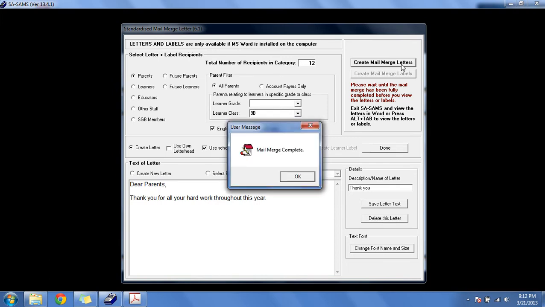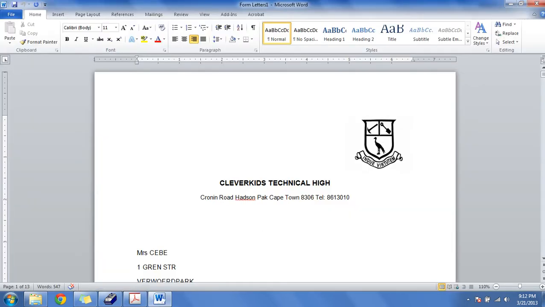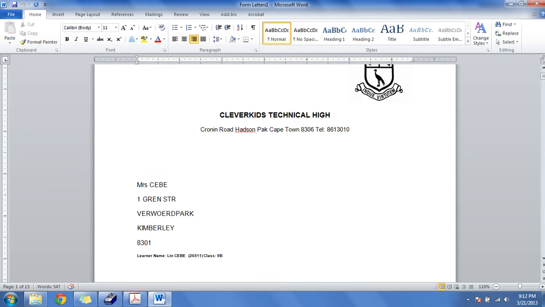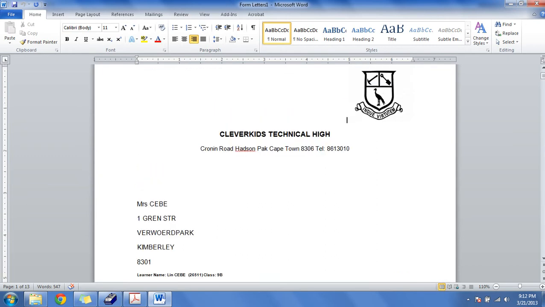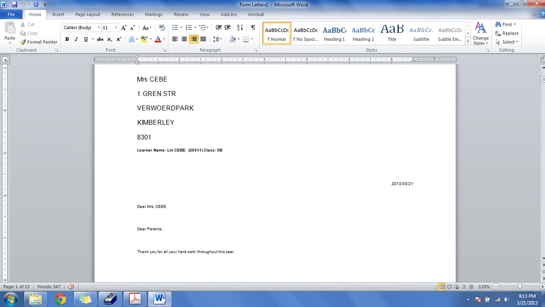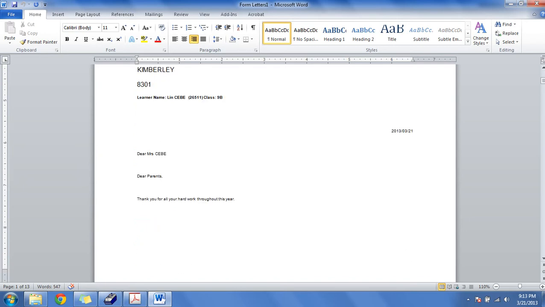Once it has completed the mail merge, it pops up with this message. Let's click on OK. Now we can see that it has opened up a Microsoft Office Word program, and it is showing us the letters. In it we have the school's logo with the name of the school and the address, who it is addressed to, the learner's name, the date it's printed,